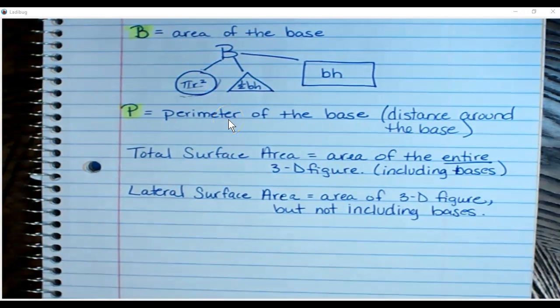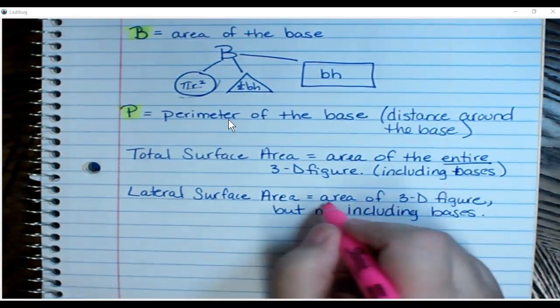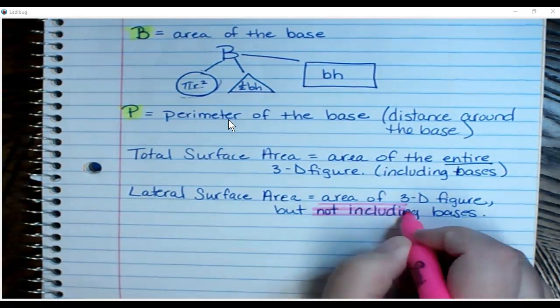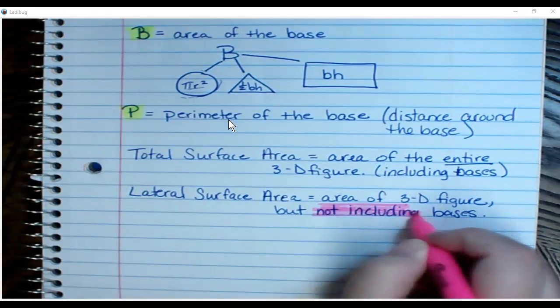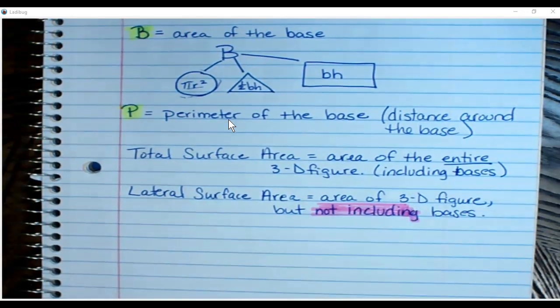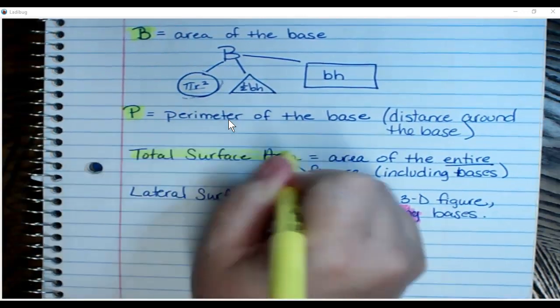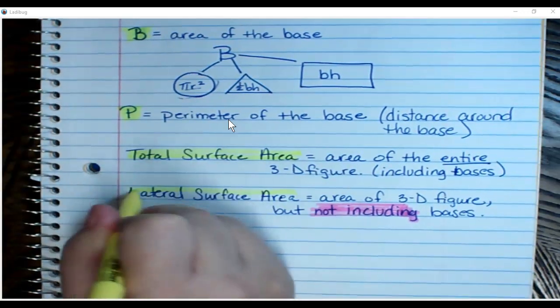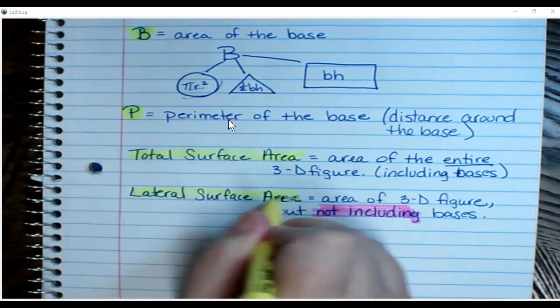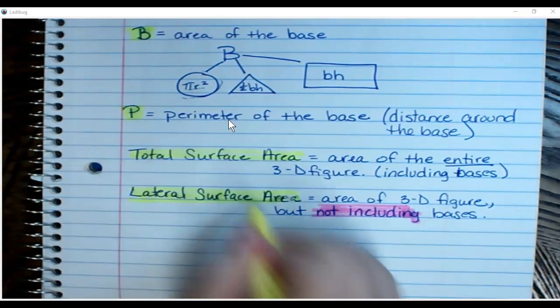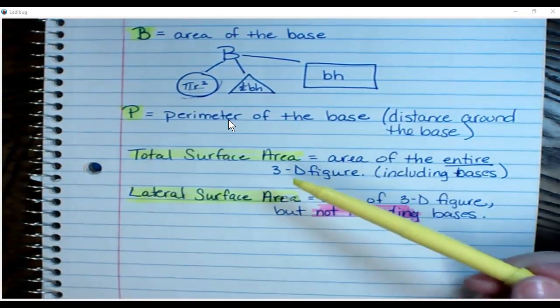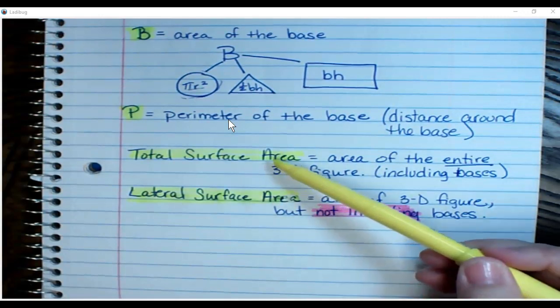You might want to highlight that part, not including the bases. Highlight it, put a box around it, something to make it stand out. So we have total surface area and lateral surface area as our two vocabulary terms. And we're going to draw pictures in just a few minutes that will help visualize total surface area and lateral